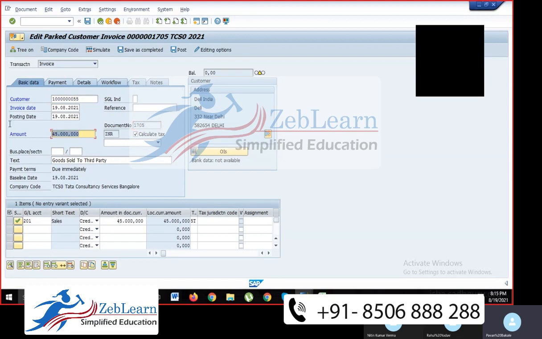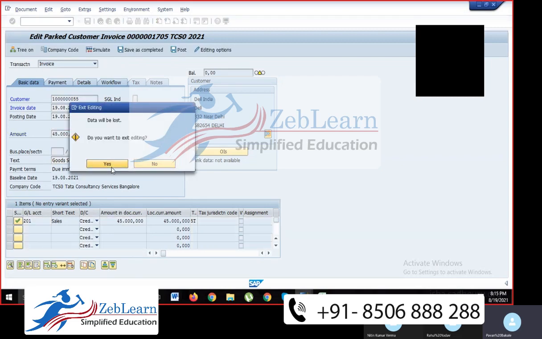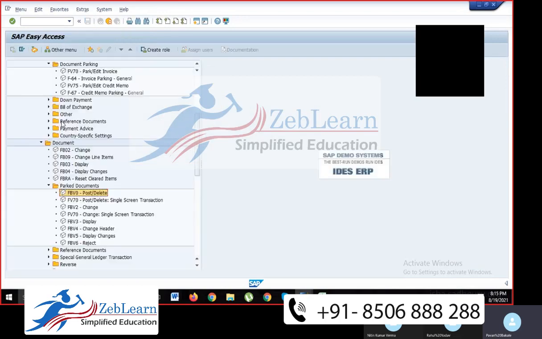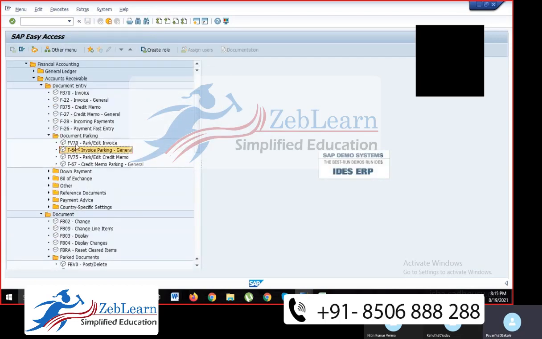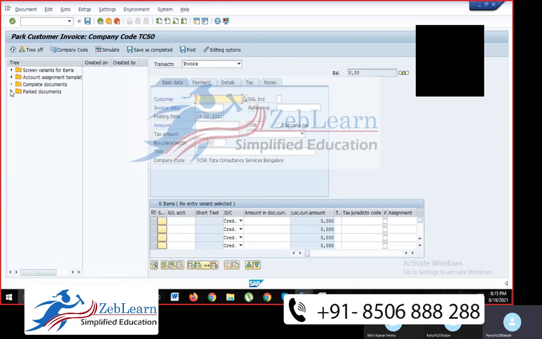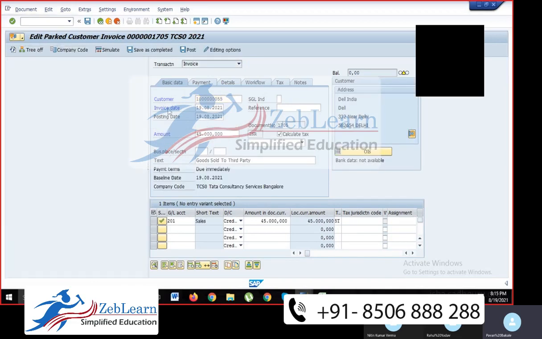If you want to make any changes to the entry, you can make them and post the entry here. Otherwise, you can go from here, FB70, click on Tree, go to parked document, and double click on this. You will find the parked document here.